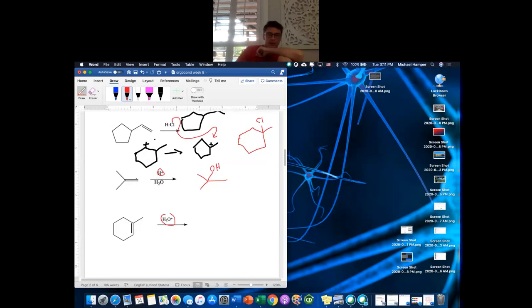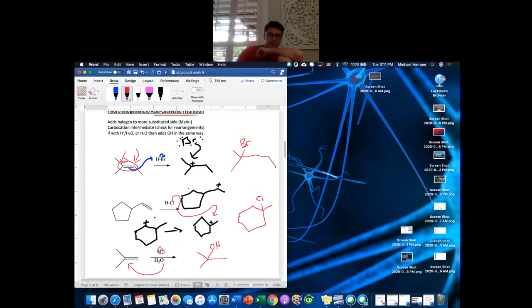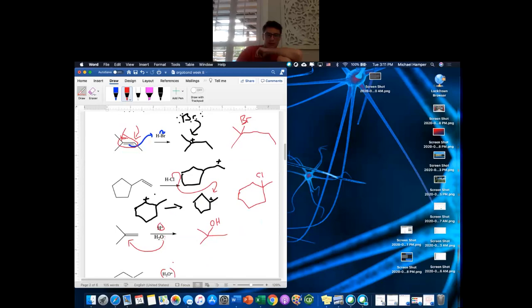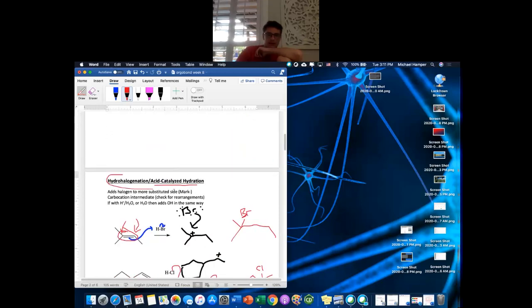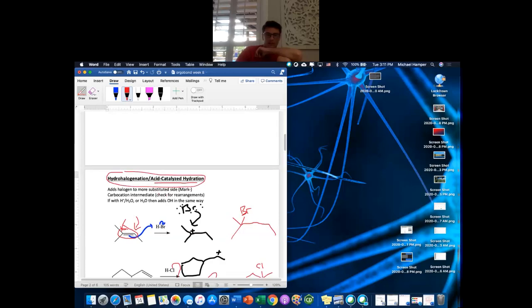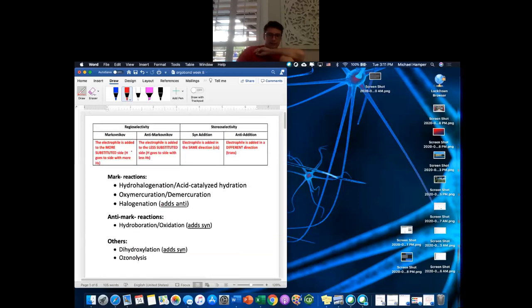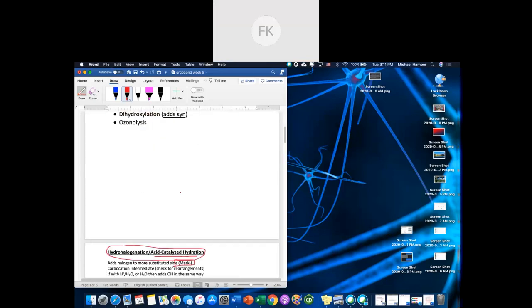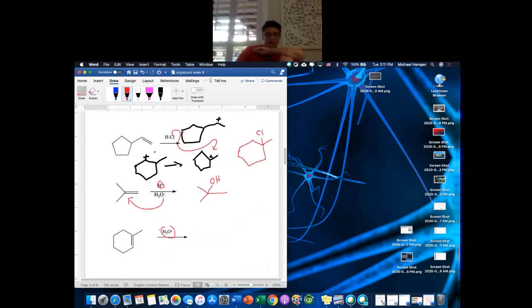As we can see, the same rules apply. The H will react with that. You have H, and you have the extra electrons on the water, which will then attack the more substituted side. So again, if you're given these reagents, if you have an H with a halogen, or you have an acid, it's going to undergo hydrohalogenation or acid-catalyzed hydration. Your halogen will be attacking the more substituted side, which is Markovnikov. Okay, again, given this table, you should be able to see that this product will be